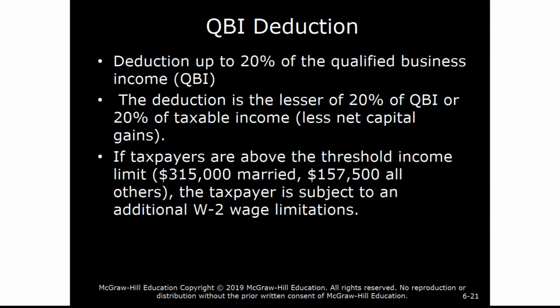So this is a rather complex new provision that's afforded to small businesses to equalize and give them the kind of tax break that corporations got, because C corporations received a large tax rate reduction from 35% to 21%. This provision is for small businesses and is designed to level the scales and allow small businesses to enjoy a greater reduction of taxes. So calculating these deductions, you can review the text and some of the examples, but you will not be held responsible for the calculation of the limitations on the QBI deduction. But it's just good to be aware of them.